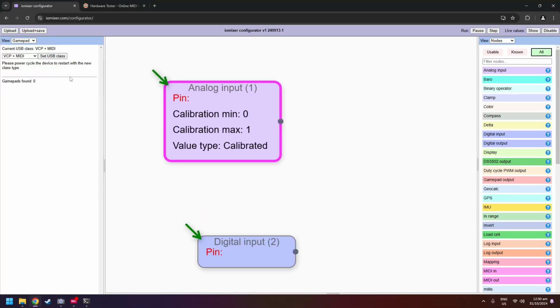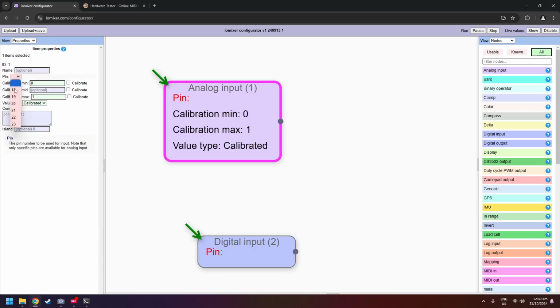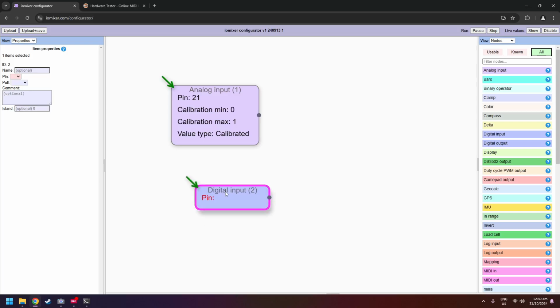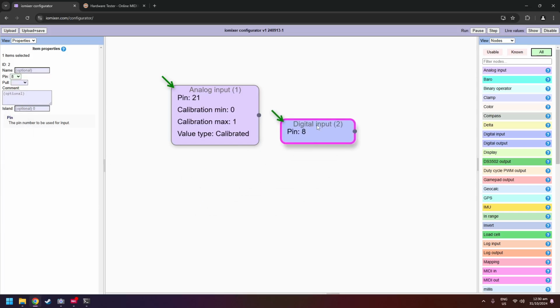I happen to know this one is on, let me go to the properties here. This is on pin 19. Oh, sorry, no, wait, 19, 20, 21. The middle one is on pin 21. There we go. And that digital input there is on 6, 7, 8. That should be on pin 8. Like that. And if we just upload that now,